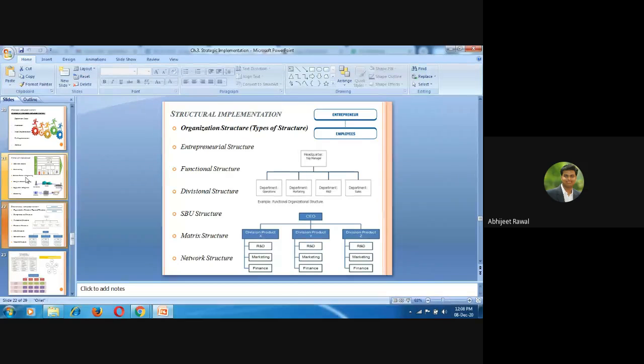Entrepreneurial structure का मतलब होता है कि you can take a simple example. जो नीचे आपकी बिल्डिंग के नीचे जो भी बनिया की दुकान है या राशन की दुकान है, वहाँ पे एक ओनर होता है और एक वर्कर होता है। Okay, the owner gives the instruction to the employee, and the employee fulfills the requirement of the customer. A very simple model. You can see the first diagram, the entrepreneur and the employee is the example of